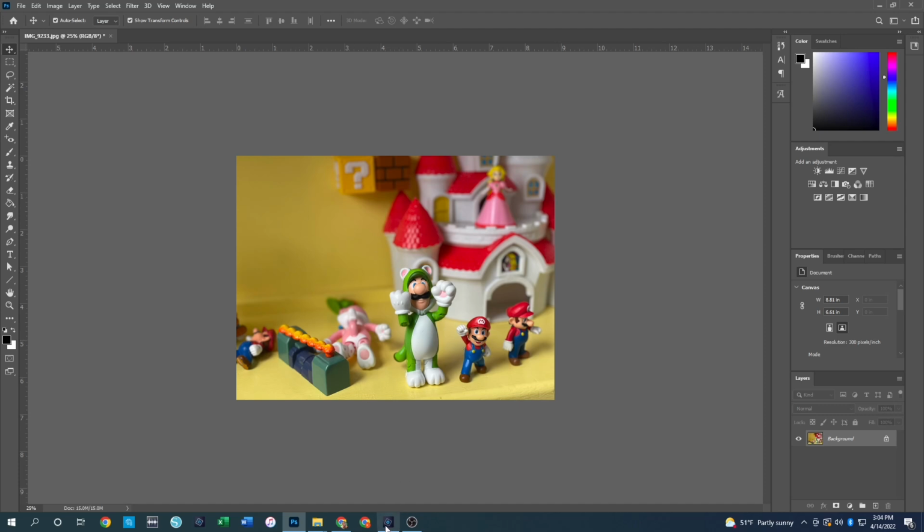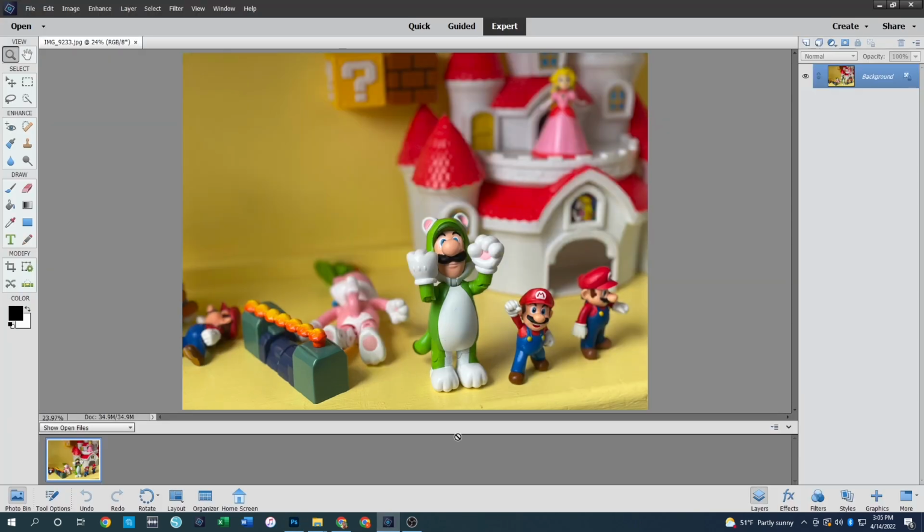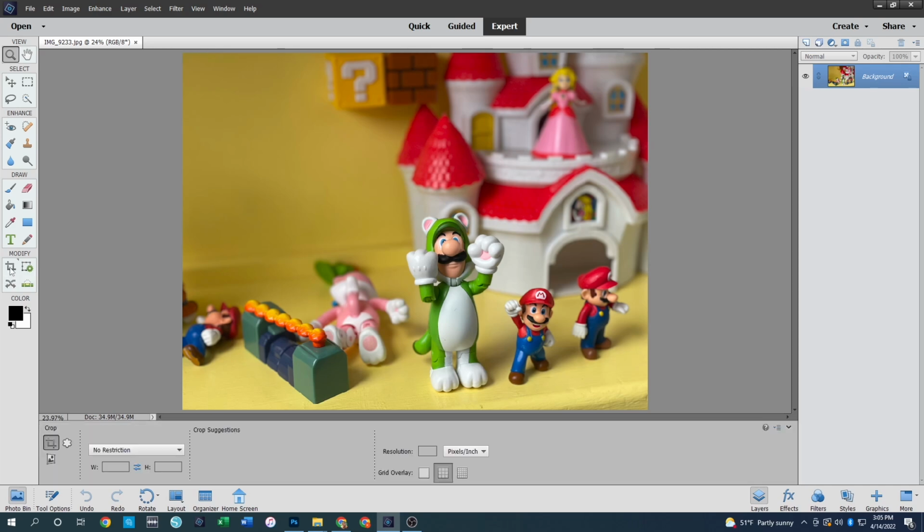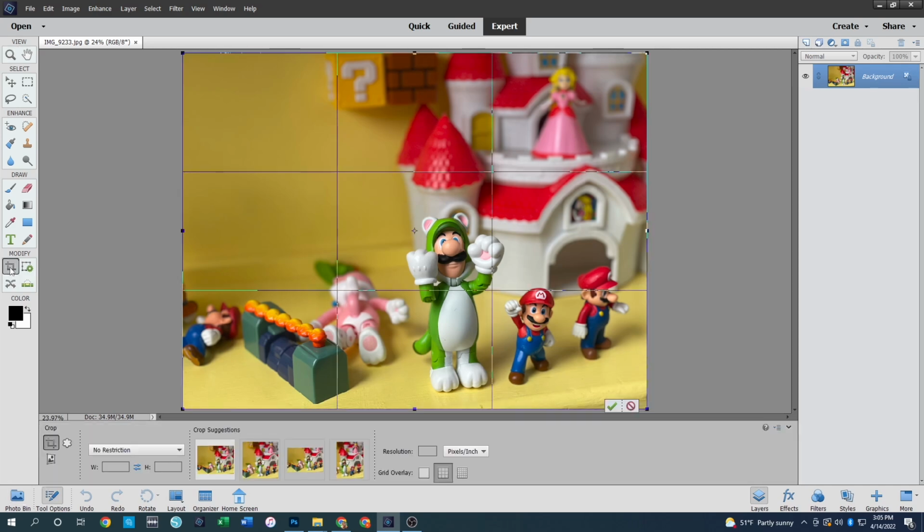Next, let's turn our attention over to Photoshop Elements. I have the exact same photo open inside of Elements currently. Let's begin with cropping the photo. The crop tool here is down in the Modify tools on the toolbar at the left-hand side of the screen. It has the same exact icon. Instead of having a submenu that's opening up at the top, this time your submenu is going to be down at the bottom. And you'll see that there is this drop-down menu here that lets you select a lot of